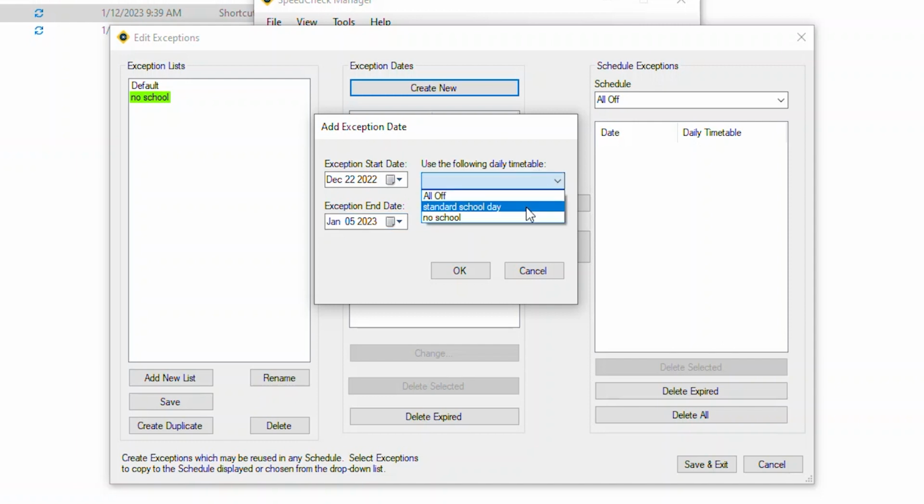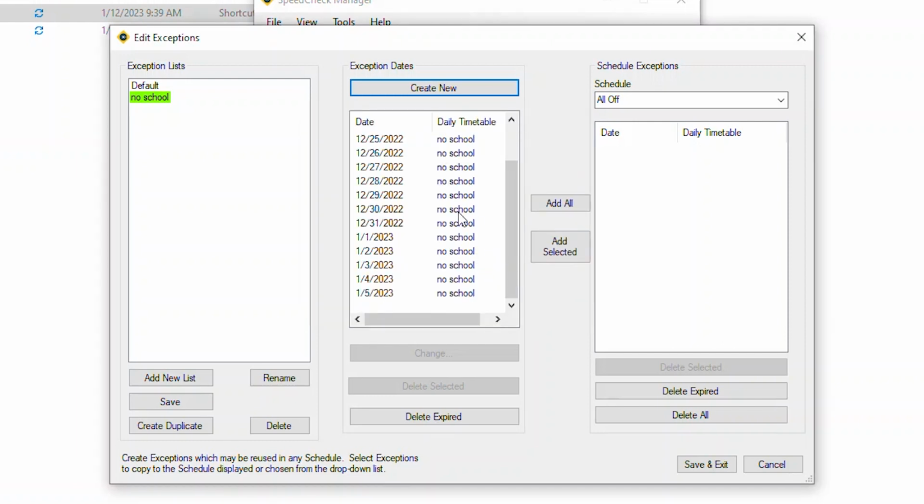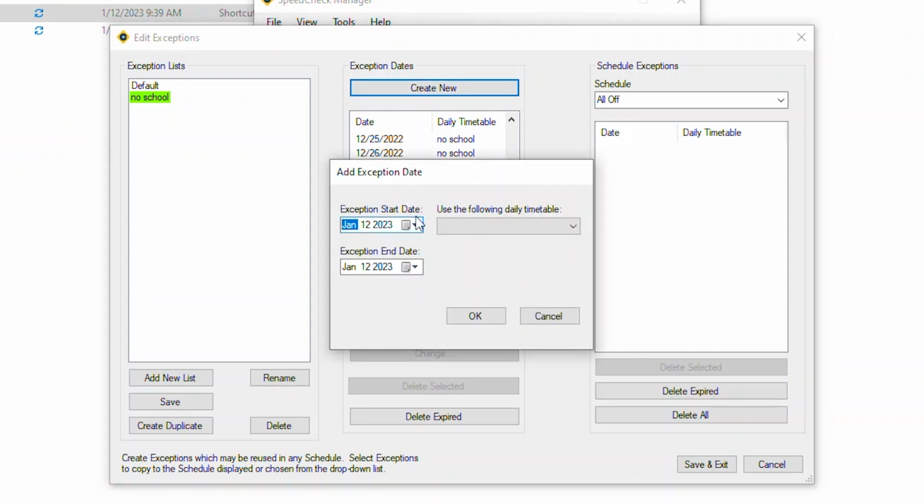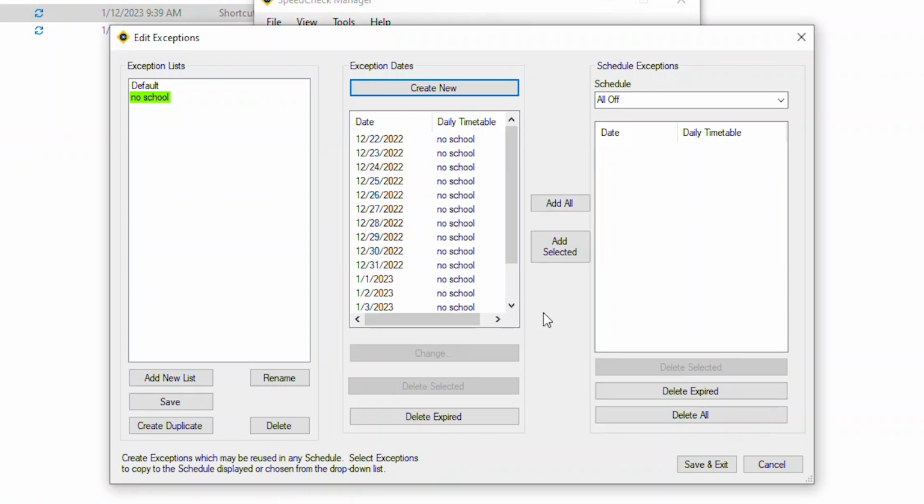And then you choose the timetable that you're using instead of your standard one. So it'll replace each of those days with no school if it had a school day, or if you're trying to put in a half day instead of a standard school day, it'll replace that. But you have to choose the timetable that you want. Hit OK, and see it just drops in all of these dates automatically. And so that's one vacation set. You would have to do it again for spring vacation, whenever that is, and each of the individual holidays. So you do have to have a schedule and go through and do each vacation day individually. So you can do the spans all at once.